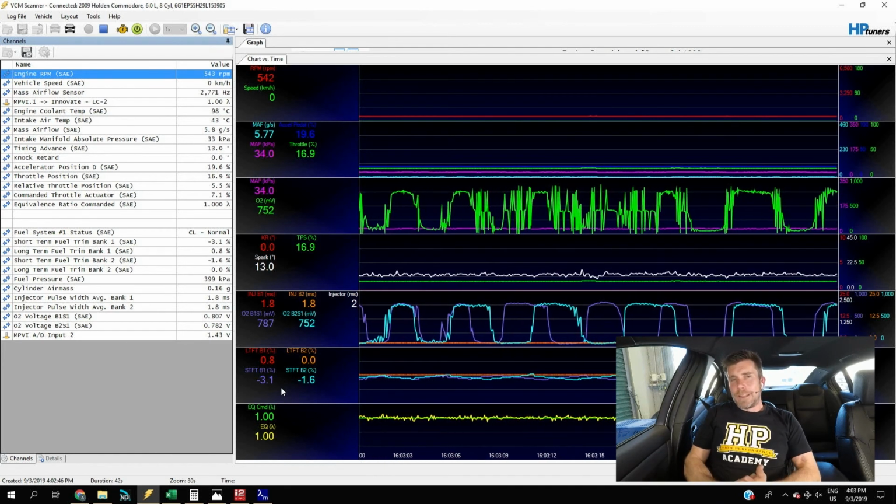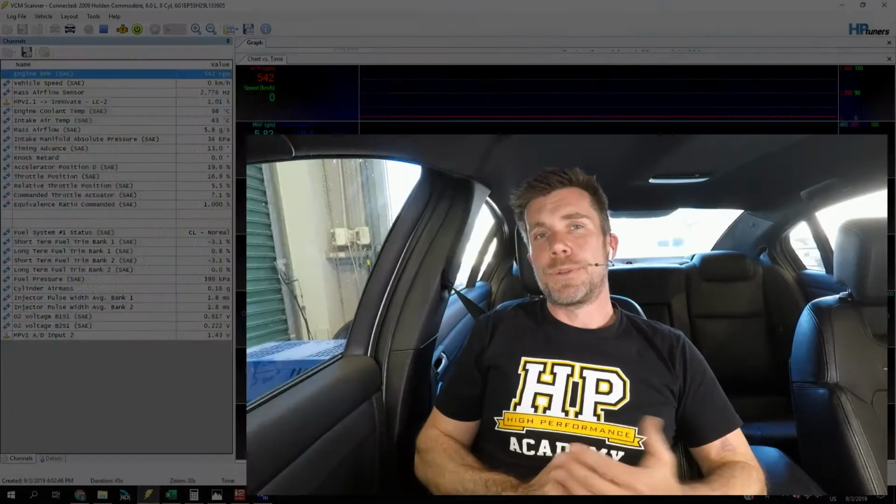All right, so hopefully everyone's understood that. I know it can seem a little bit daunting, a little bit off-putting, but it really is a pretty simple concept we want to understand. All we're doing there is making sure that the voltage that is coming out of our wideband meter, regardless of what brand you are using, is exactly the same as the voltage that our VCM scanner is seeing. That's going to allow us to visualize any of those voltage offsets if they do exist. I'll almost guarantee there's going to be some voltage offset, and if that's the case, you can use the Excel spreadsheet to quickly generate the transform function to get your accurate data into the scanner.